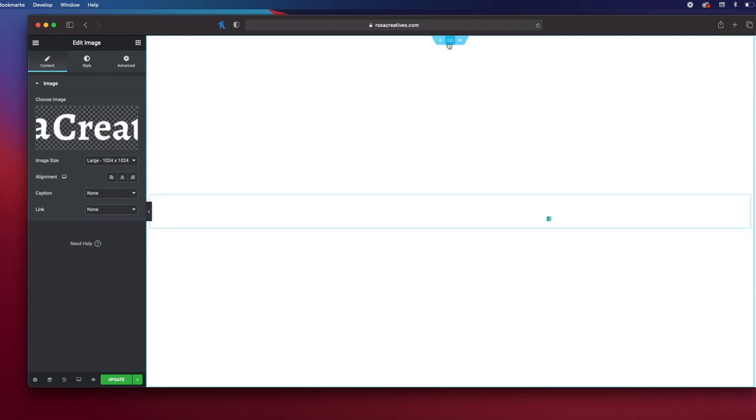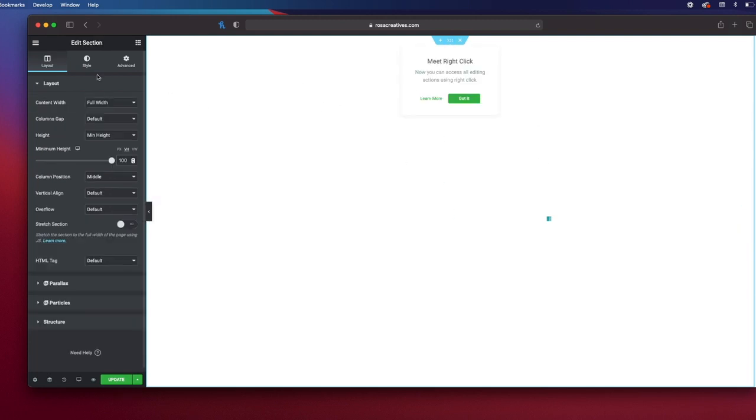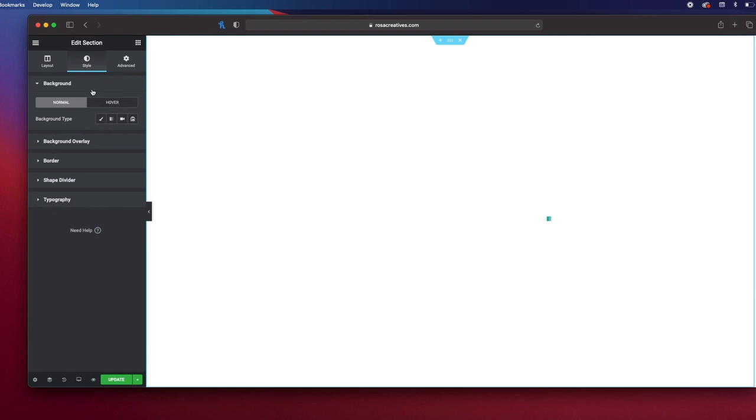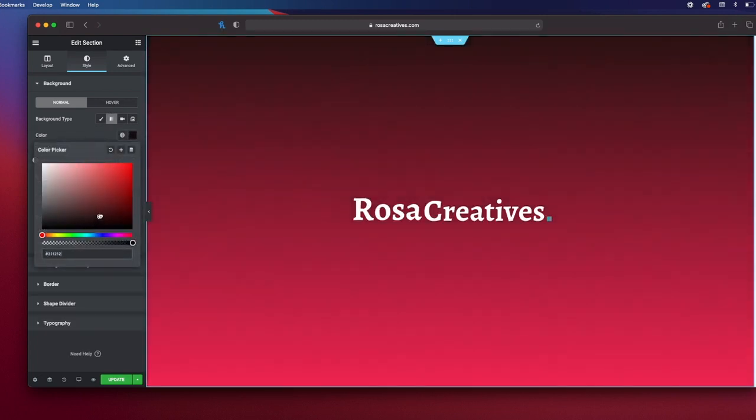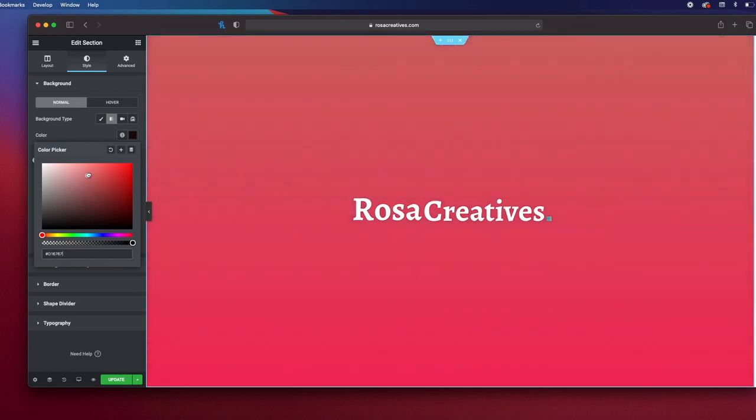You can't see it, so what we can do right now is just change the background. So let's add a gradient background. So all you have to do is in order to change the background of the section that you're working on, just click the edit section with the 6 dots, and then go to style, and then under background, you're gonna see a gradient tab. Just click on that,